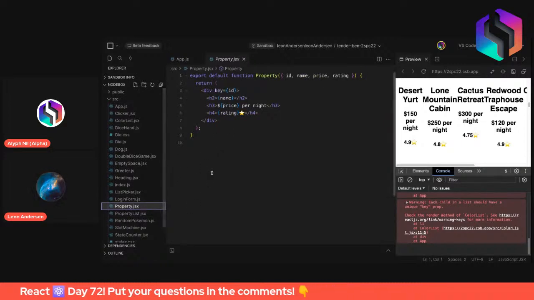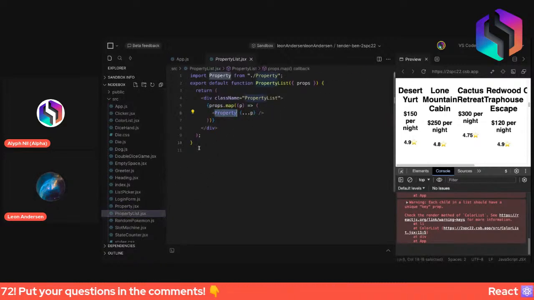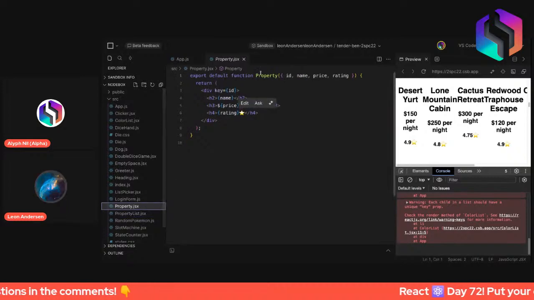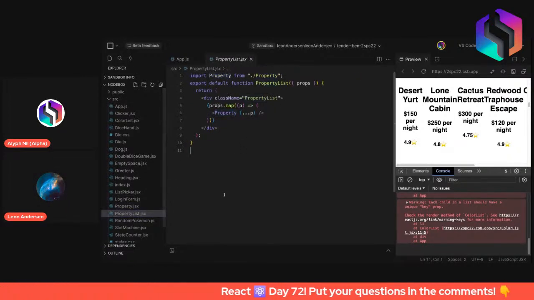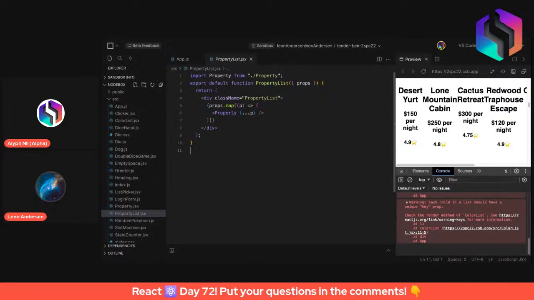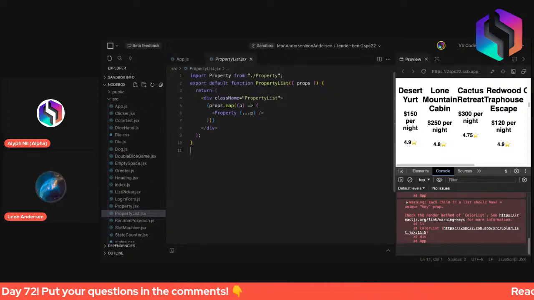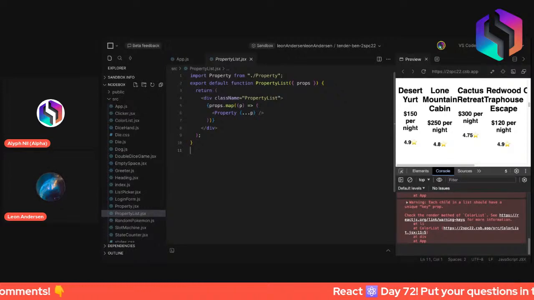As we can see, we have property list and property. So we're using property lists to map the values into different property components. We take all the props in,